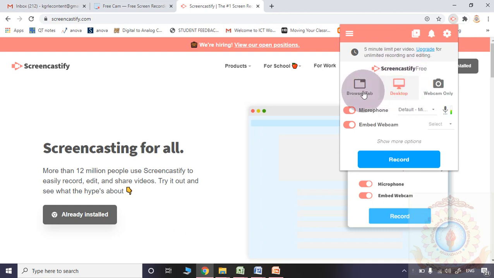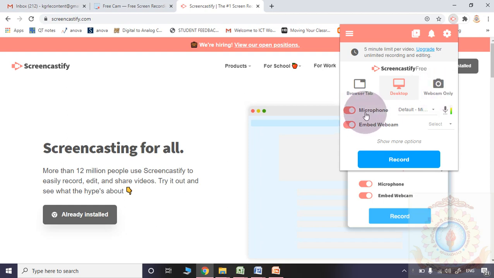Okay. Browser tab: if you want to record any one particular tab, choose this. Desktop: the complete portion, whatever is appearing on the screen, if you want to record, choose desktop. Only webcam: if you want to record only your video, then choose webcam.